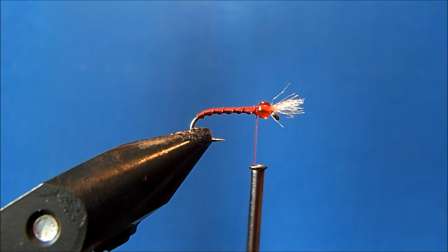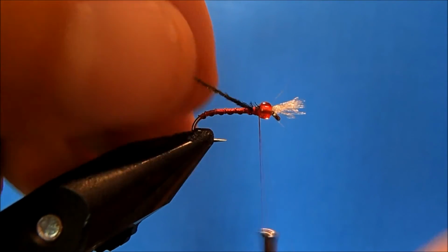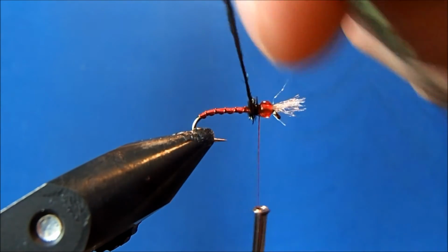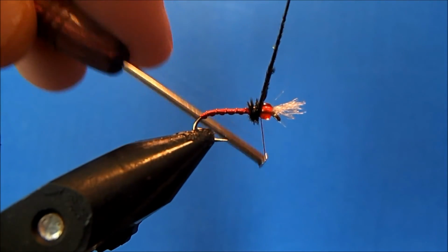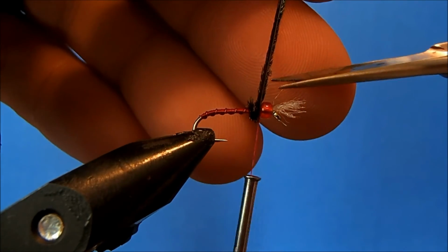I'll break that off, and now the final piece that I'm going to tie in is the thorax. And for this, I'm going to use one strand of peacock herl. So I'll trim off a piece there and just tie this in again just behind the bead head. And now I can just take my wraps and then I can just trim off the excess herl